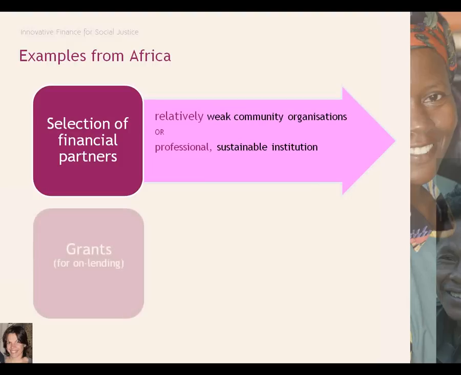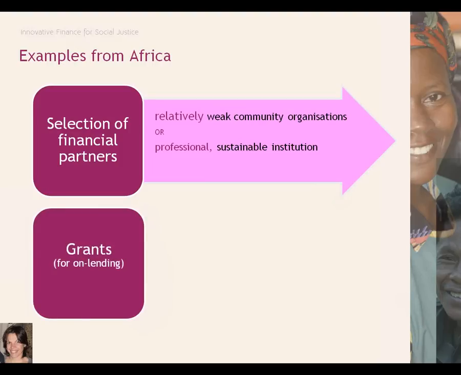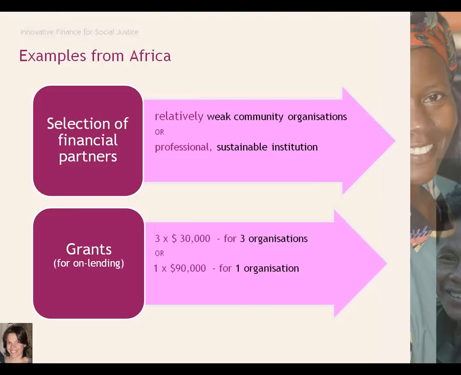Another example which we have seen is that when grants are being provided for on-lending, there are some administrative issues. So for example, if the project has $90,000 to spend and it wants to give a grant for on-lending, according to us it would be good to provide that larger amount to one organization that is already quite professional. Yet we have the waiver issue. So if you want to spend more money than 30,000, you need to get a waiver. And when you're under time pressure, you don't want to go through that process.